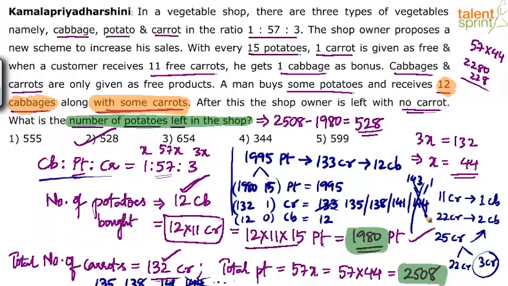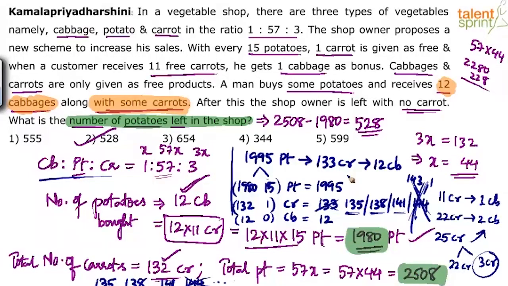Now, why can't it be 144? Because if it is 144, carrots can be split as 143 plus 1. And for these 143 carrots, he would get 13 cabbages because 143 by 11 is 13. But the question very clearly says that he has got only 12 cabbages. So it cannot go beyond 143. So 144 is ruled out. But then it can be 135, it can be 138, it can be 141. In all these three